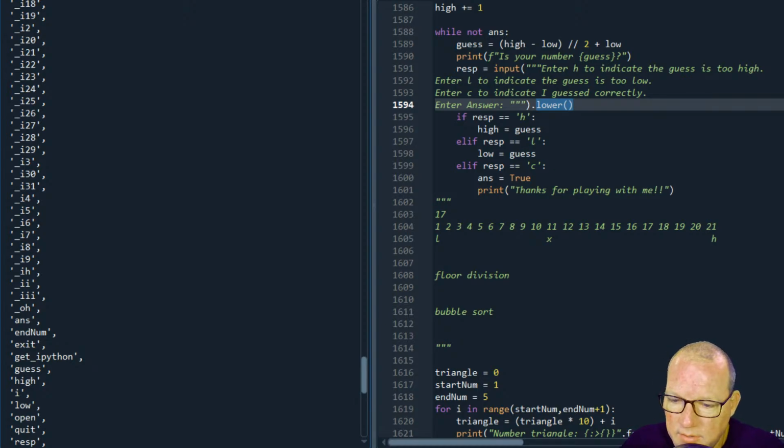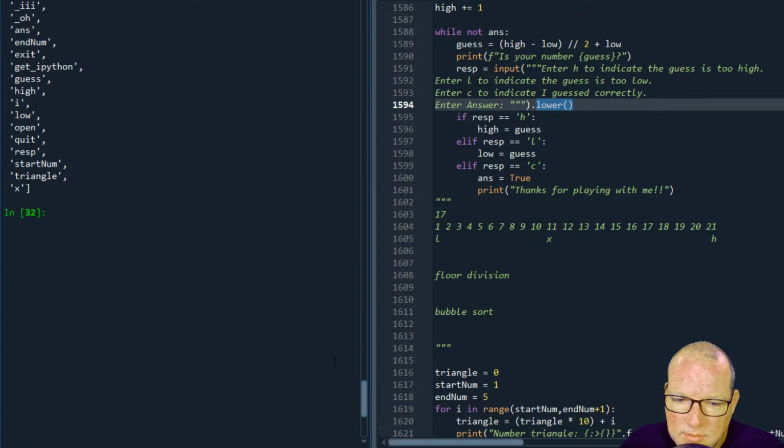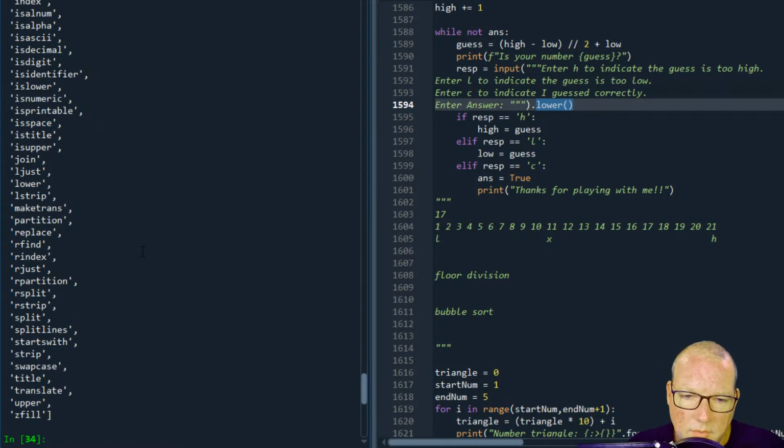I have no idea. But all right, let's create a quick string. So everybody know how to get the methods with dir of your object.